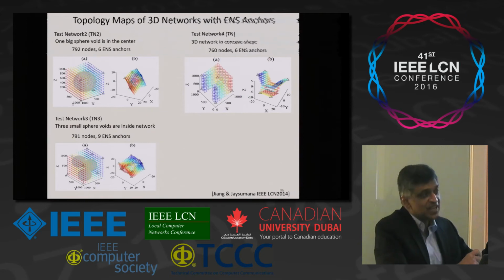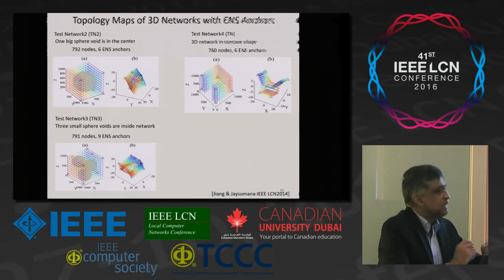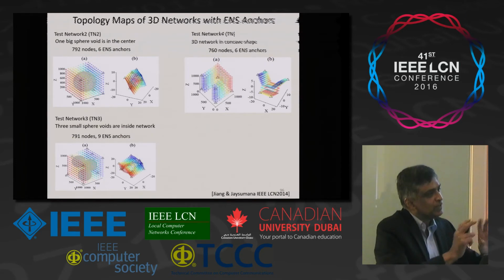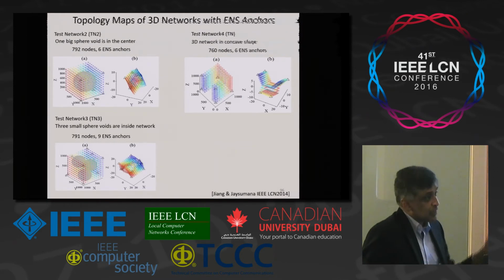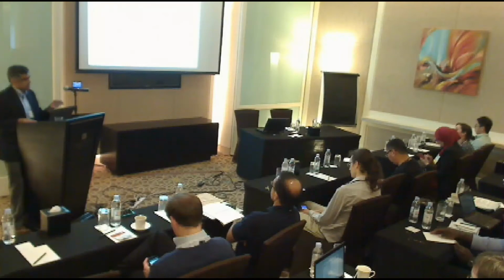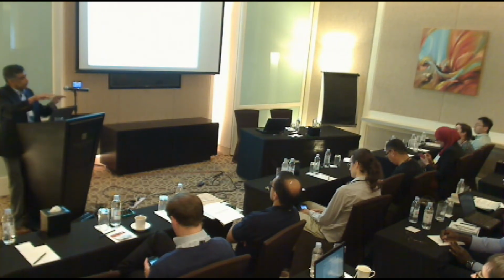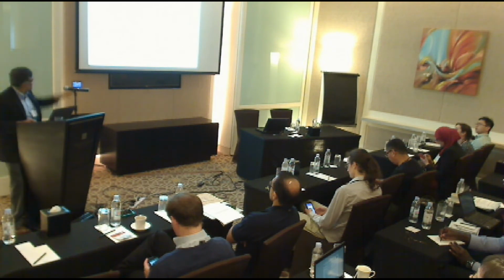Right? But with this GLR, without any change other than going from 2 coordinates to 3 coordinates, the algorithm is the same. Right? So many of these complex networks in future, they are not going to be just 3D or 2D. There are going to be surfaces that are 2D, connecting volumes that are 3D. Right? So when you use something like that, you can actually use this scheme called GLR.